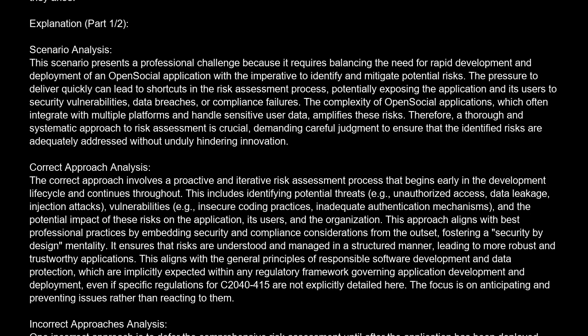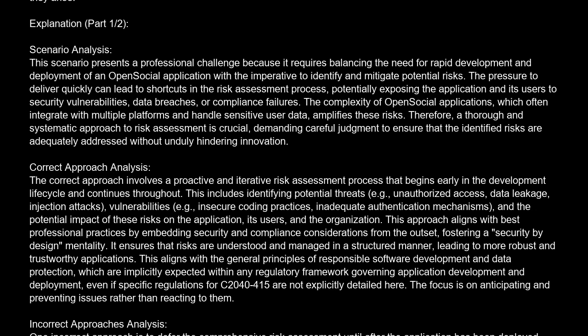Correct approach analysis. The correct approach involves a proactive and iterative risk assessment process that begins early in the development lifecycle and continues throughout. This includes identifying potential threats, e.g., unauthorized access, data leakage, injection attacks, vulnerabilities, e.g., insecure coding practices, inadequate authentication mechanisms, and the potential impact of these risks on the application, its users, and the organization. This approach aligns with best professional practices by embedding security and compliance considerations from the outset, fostering a security by design mentality. It ensures that risks are understood and managed in a structured manner, leading to more robust and trustworthy